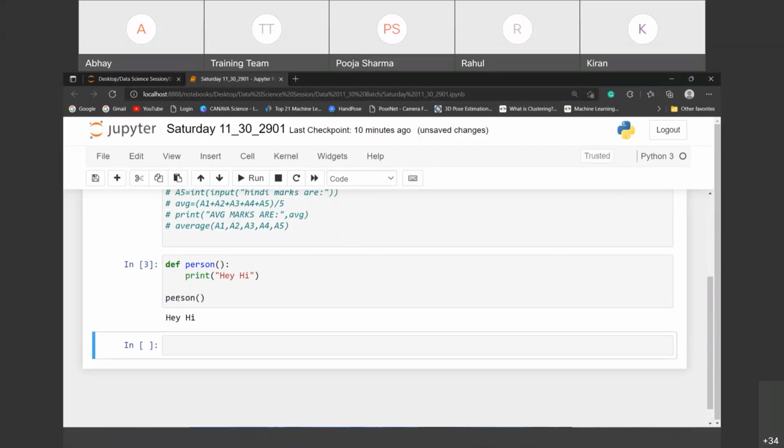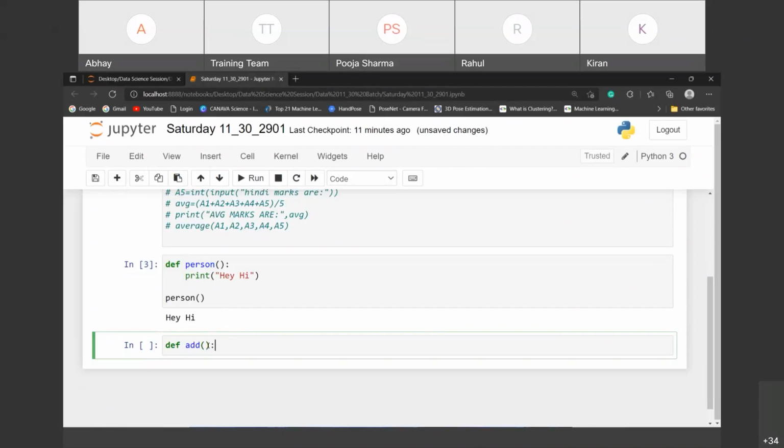Okay, you will get a "hey hi" answer from the print function, meaning whatever content you have added to it. But the point is that sometimes you haven't used the print function, and you want only one answer from a particular function. So at that time you have to do one thing: def, suppose I'll name it add,